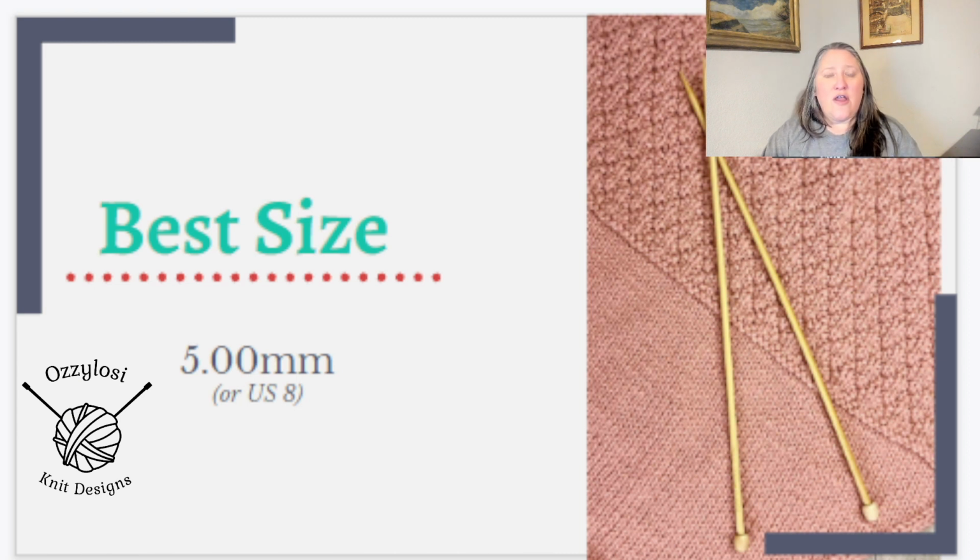But when you're new, you become all fingers and it's hard to maneuver things because there's just not enough needle for your hands to hold on, and your hands feel really big and awkward. So we don't want that to happen. But on the other end, we don't want huge needles where we're all needles and not enough hands and fingers. We need a happy